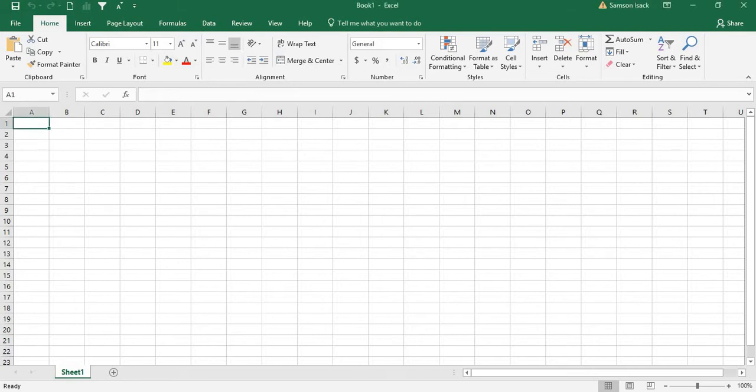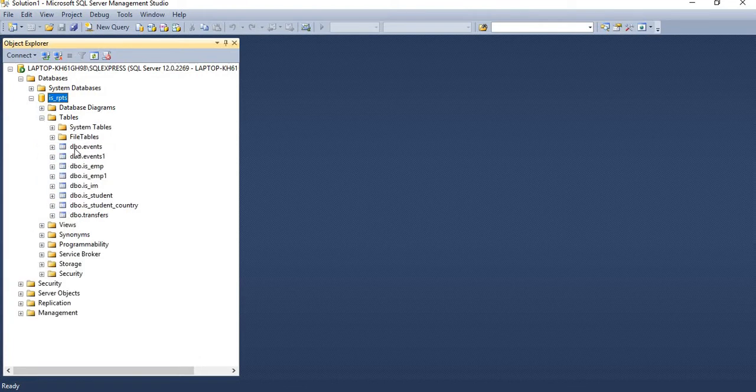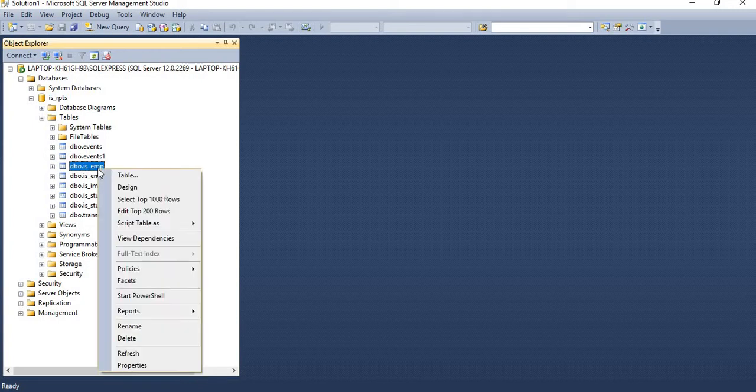Before that, we will go and see in the SQL Server Management Studio what information we have there. Okay, what we have here is the SQL Server server name, which is stated here, and also I have a database called ISRPTS. That is the database we are going to connect to, and there is a table called ISEMP. ISEMP is the table we are going to work with, which we are going to bring to